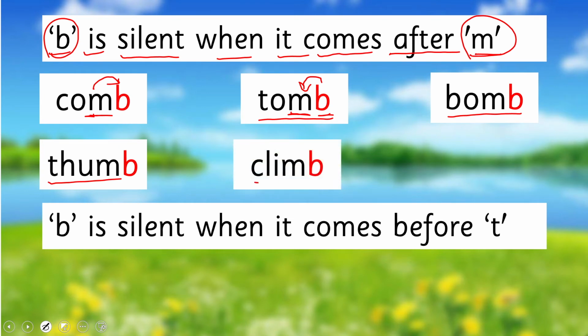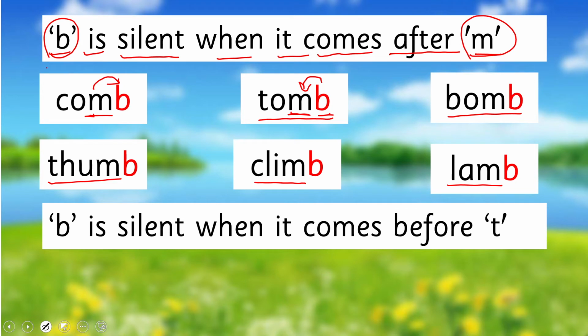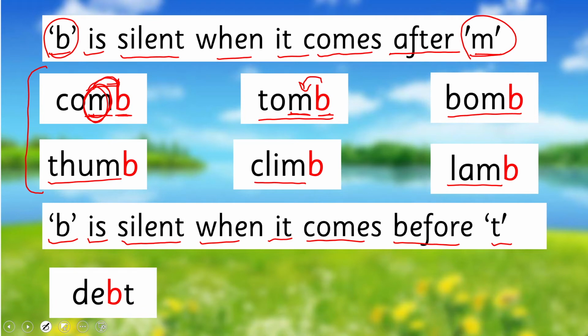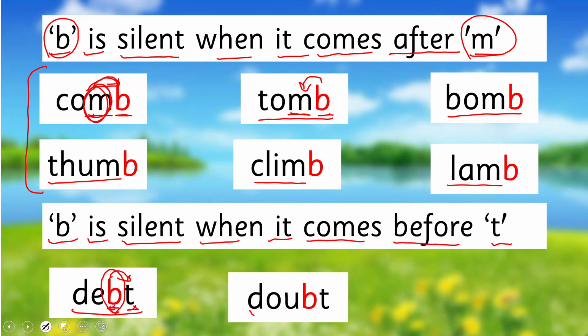Thumb, climb, and lamb. In all these words, what is the rule? Because before B, we find letter M. This letter M makes this B silent, right? And in second condition, B is silent when it comes before T. Like B is there, and right after B, there is letter T. This letter T makes this B silent, and how will we read it? It's debt. Okay? Doubt,